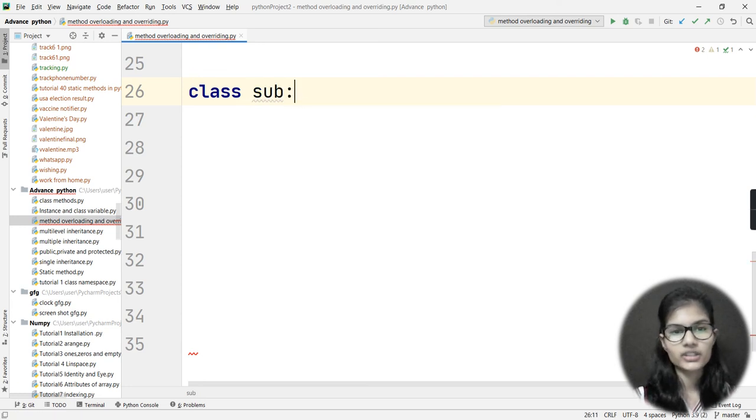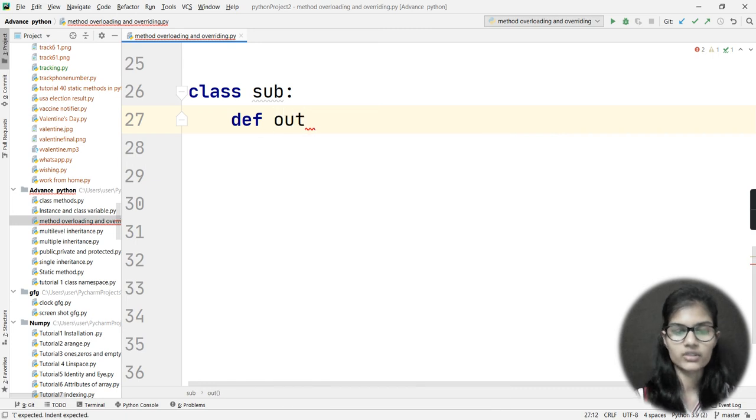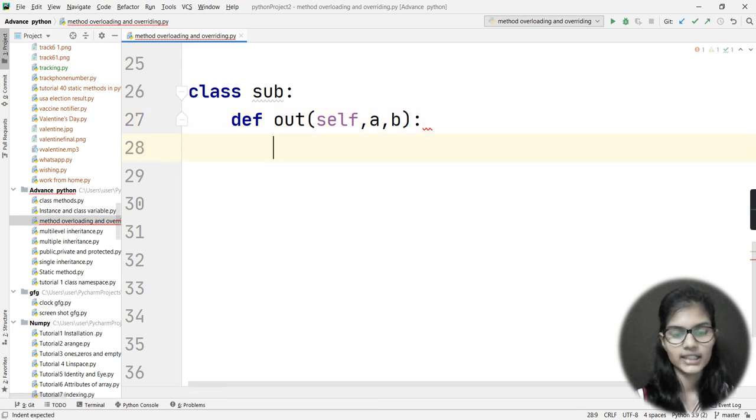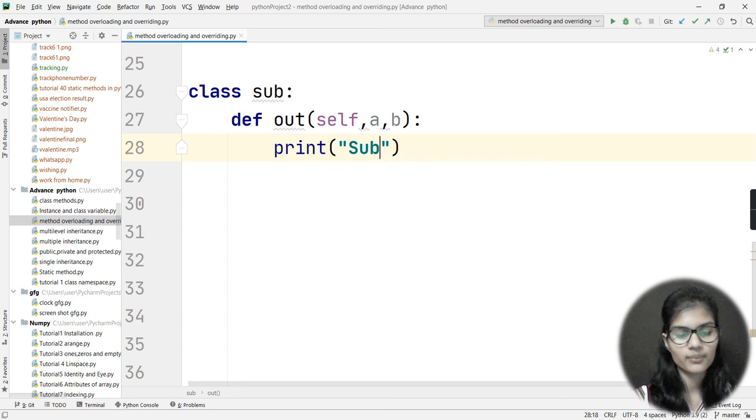Okay. And I would just put the colon, come on to the next line. I would just add one function here that is out. Now inside that, basically self is automatically passed. Now I will pass two parameters, A and B. Right. And in the print statement, I would simply add that